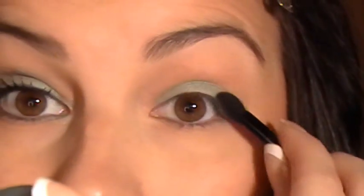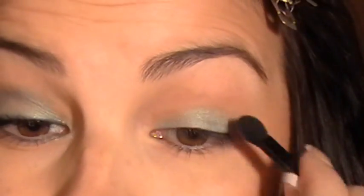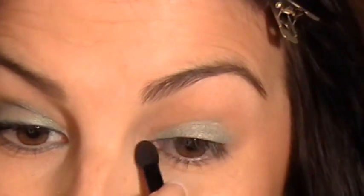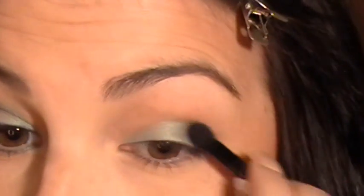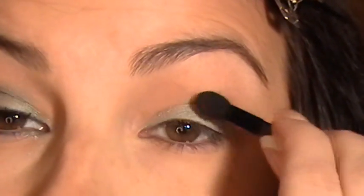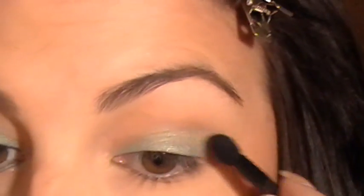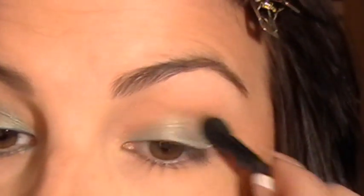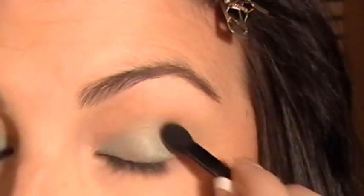I actually did an interesting smoky eye the other day just by using a Q-tip, and that includes in the crease and everything, and I was really happy with how it turned out, so I might do a tutorial on that sometime too. But anyway, you just kind of pack that on your lid and then start to really look down into your mirror and pull that up to your crease just a bit. So that way when we put our next shade on, which is a bluish color, it's going to really blend